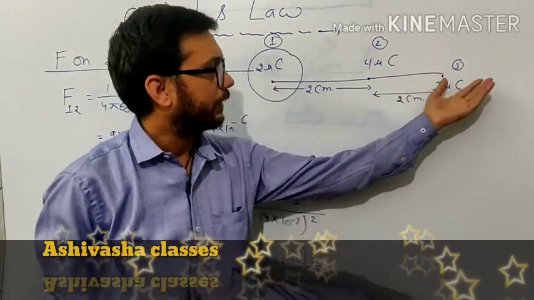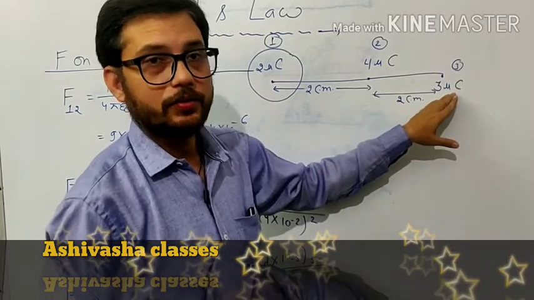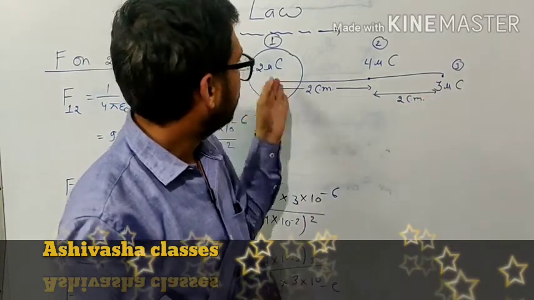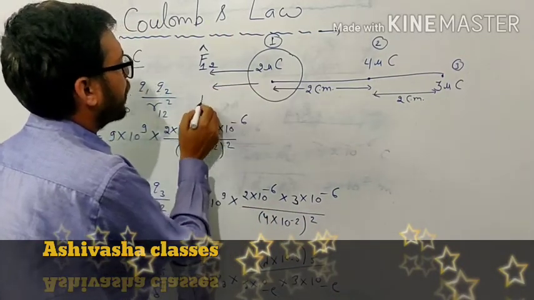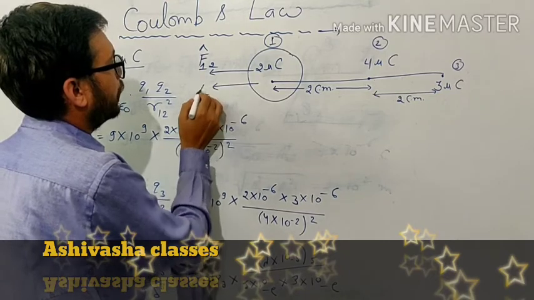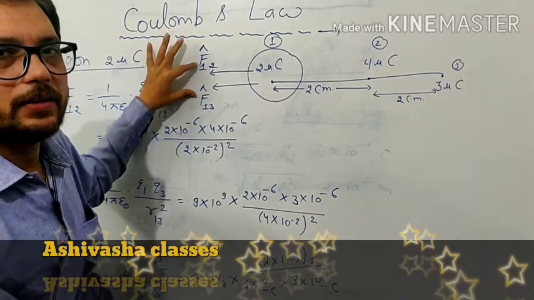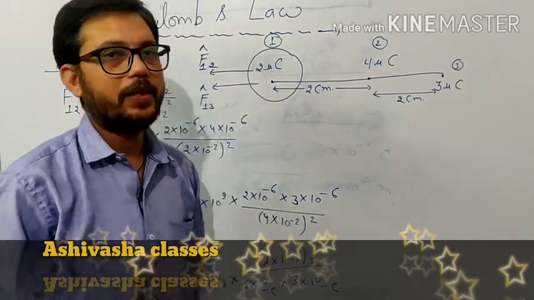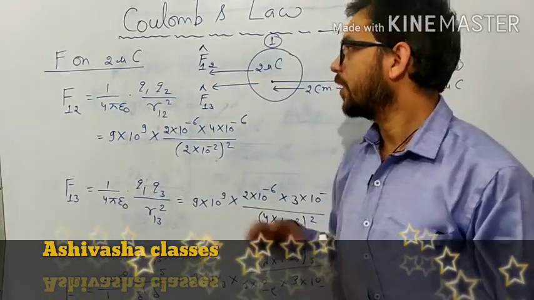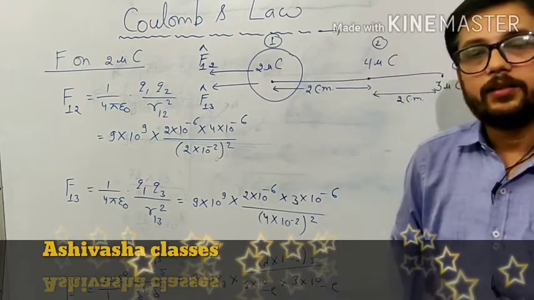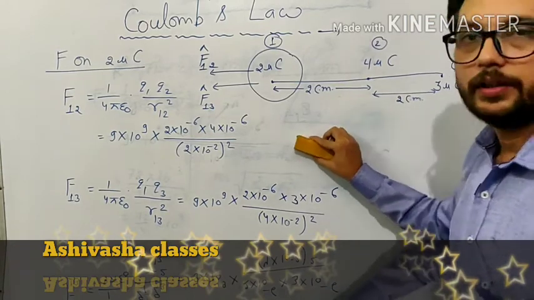Now similarly, if we talk about the charge 3, this is also a positive charge, so it will also oppose the charge q1 in the same direction. It means like this. So this is the force on 1 due to charge 3. So this will be the direction. Now these two directions are along the same side. It means 100% we know the angle, and the angle will be 0 degree. If the angle is 0 degree, then what will we have to do? We have to apply a simple formula for the resultant.